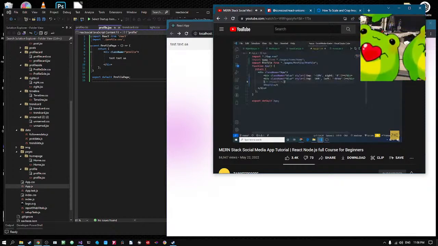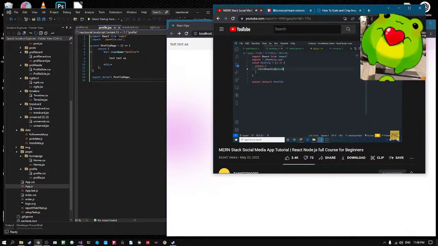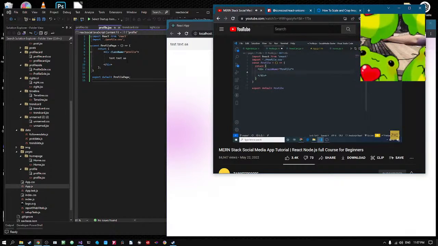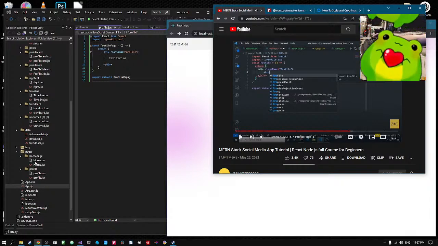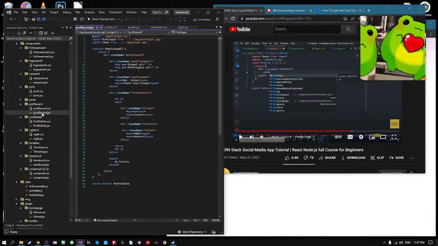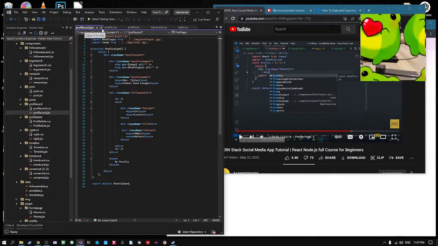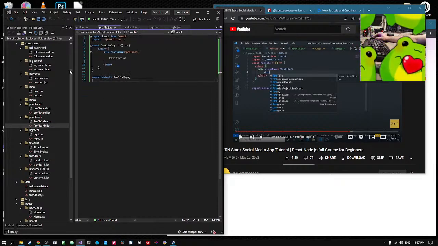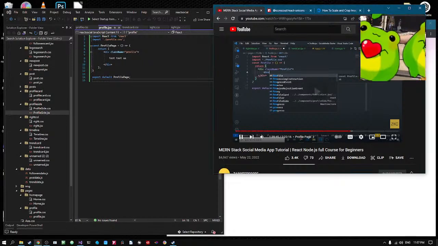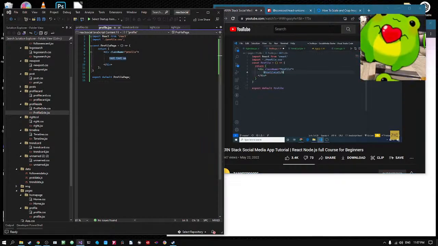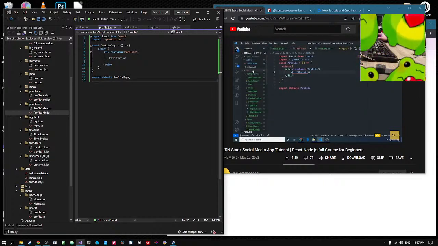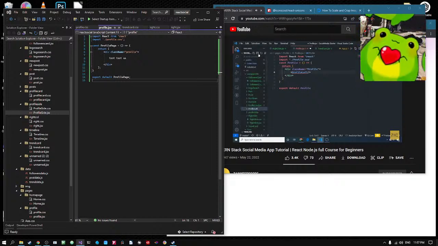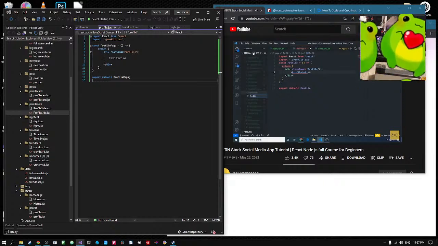So what's going to basically happen inside the profile.jsx? I am making a parent div with class profile. As we know it will have a left side, so I am making a profile left JSX component. So let's first define this component inside the components folder. Here I am making the profile left, and then the profile left